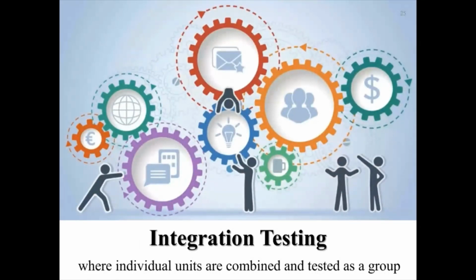In integration testing, basically individual units are combined and tested as a group, not individual testing. See this picture once again, this is the symbolic representation. Now this component would have been tested in unit testing. This would have been tested in unit testing. This would have been tested in unit testing. Now you have put them together, run them together, and see if they are working fine as a unit, as a group. Similarly here,